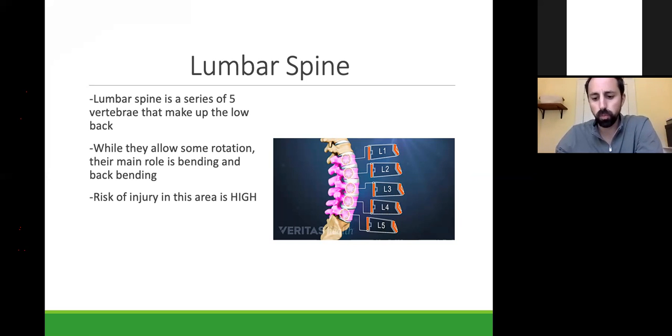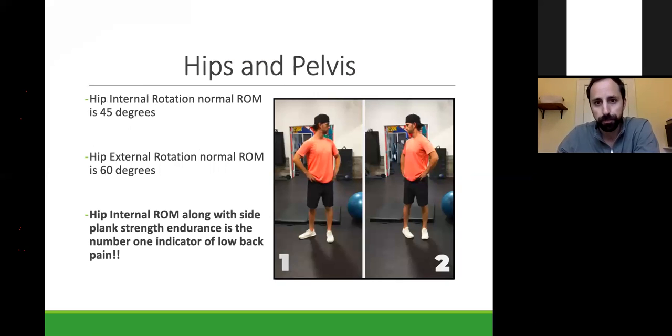So this is, like I said, 40% of golf injuries or so tend to occur at this area. That is really a high number, and we're going to dive into some of the reasons why that occurs. And the last thing I want to highlight is the hips and pelvis. So we'll look at some anatomical pictures, but before we look at anything else, as it relates to